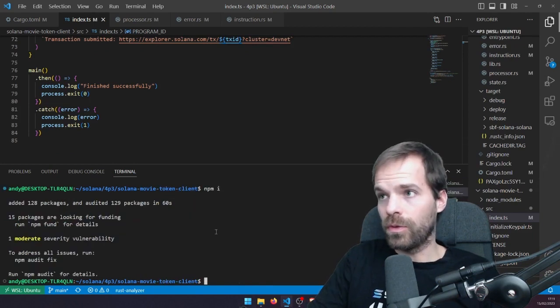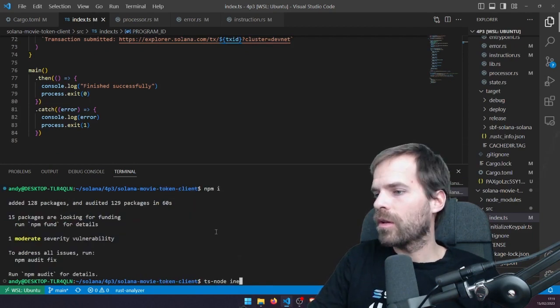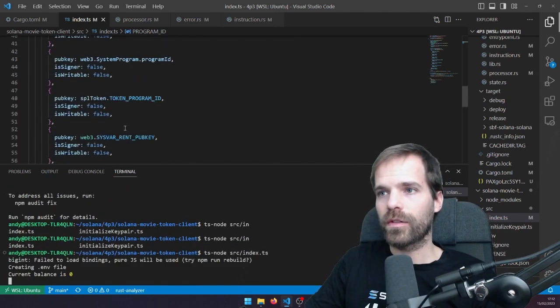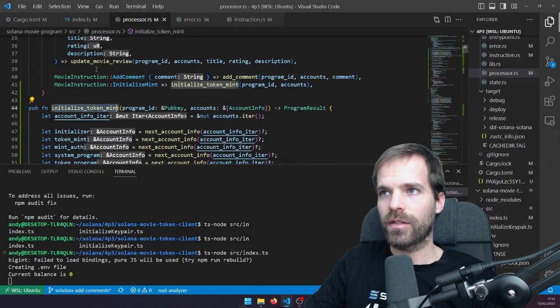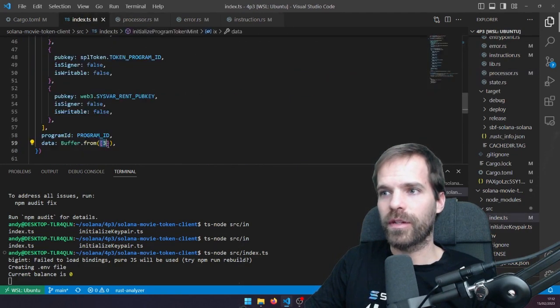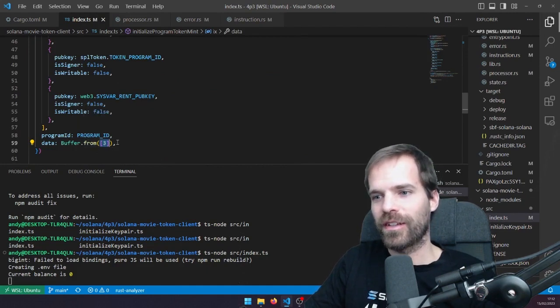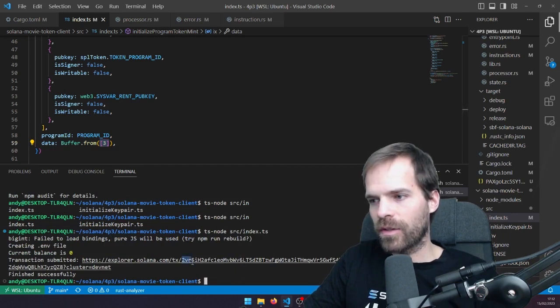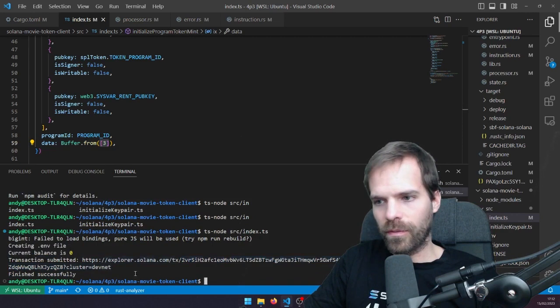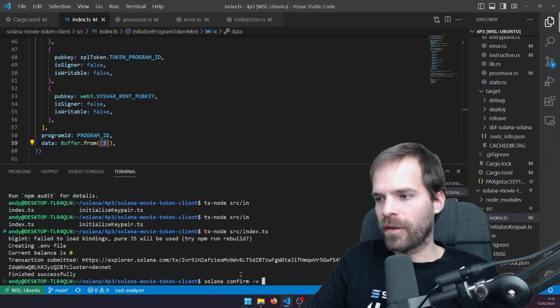So we would do ts-node index, source index. No. So essentially that just calls this instruction that we just wrote with the initialize token mint. So it should have a 3 somewhere. Yeah, the buffer of 3, that's the data, that's the instruction that we call, the fourth instruction. There we go. And we're not on finalized though, but we will just solana confirm with -v and check this